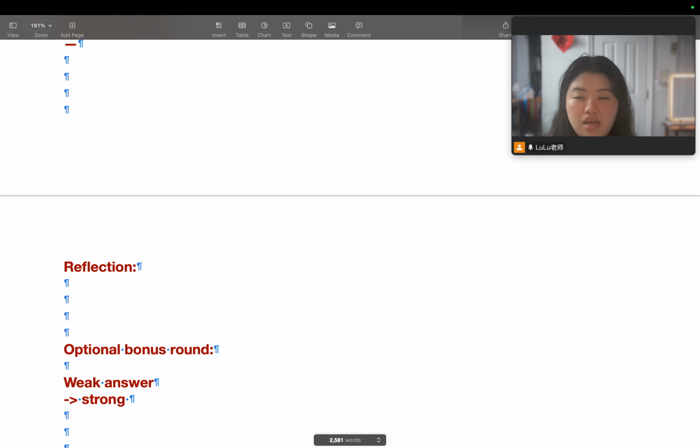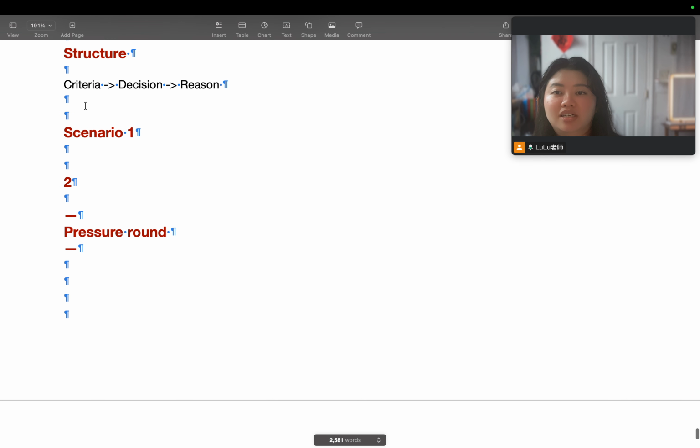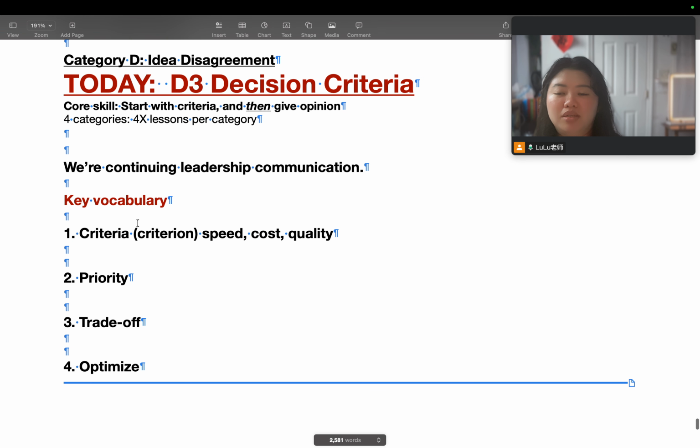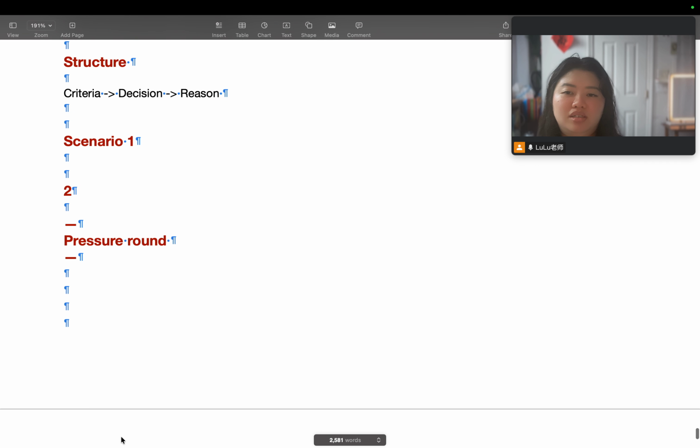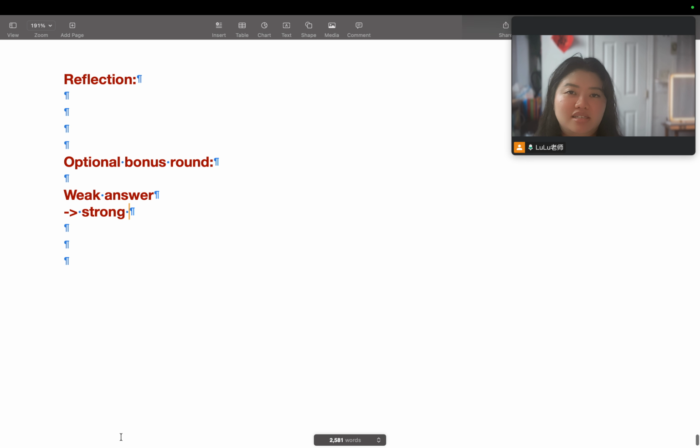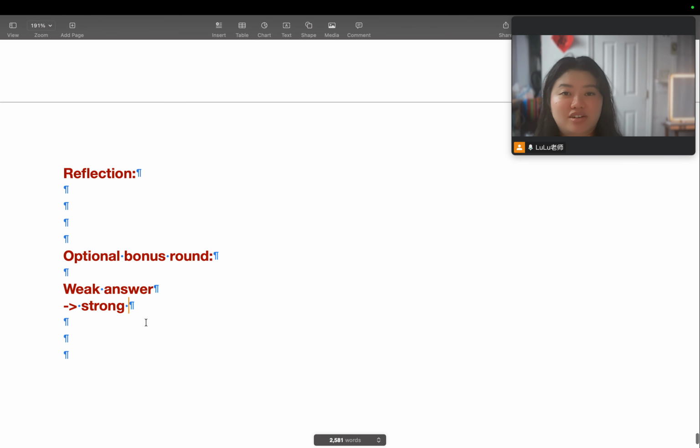Okay. I think we should do option A. Now, using the structure, using some of the vocabulary, try making it a stronger answer.